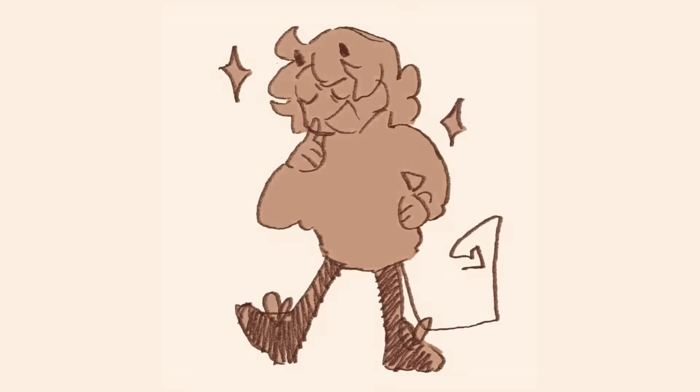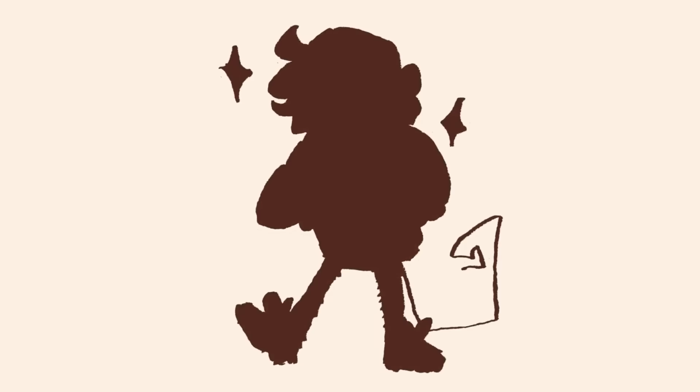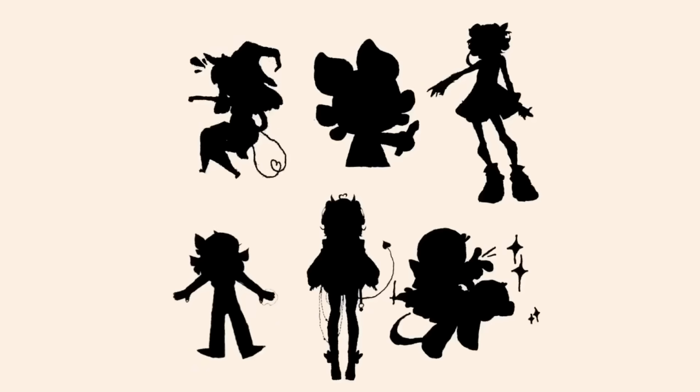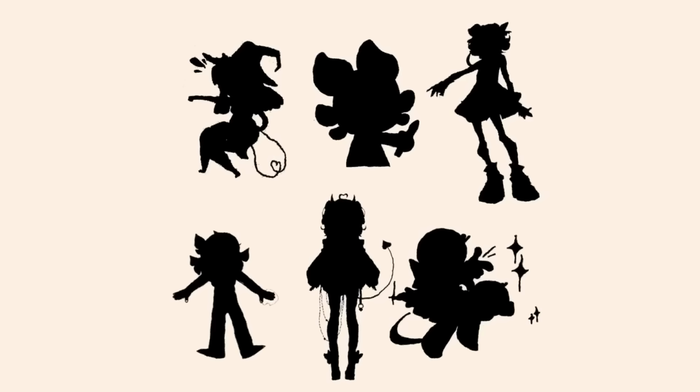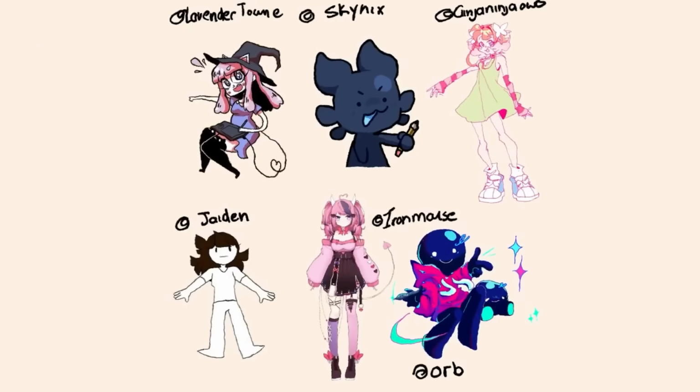Silhouettes are if you darken the character, you can tell who this is. For example, here are some art YouTubers with really unique personas. I have blanked them out. You can probably tell who they are, right? I'll give you a second. Did you guess some of them? Probably. How? It's because they have recognizable silhouettes.